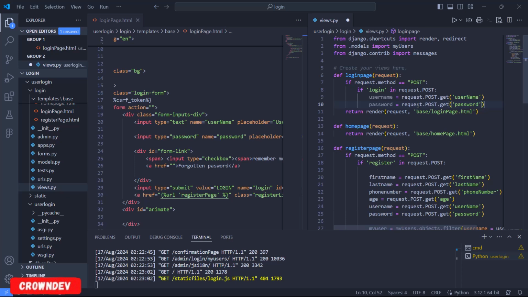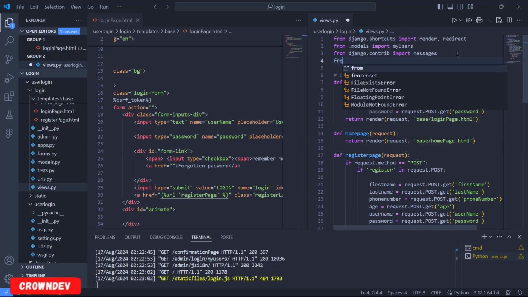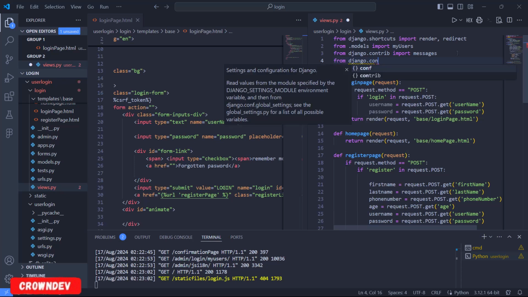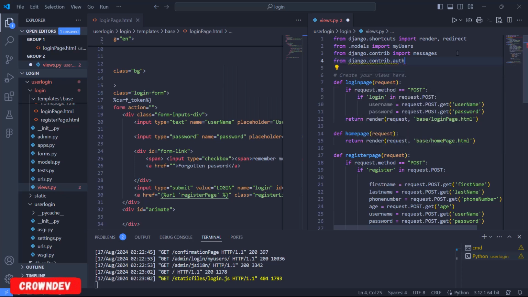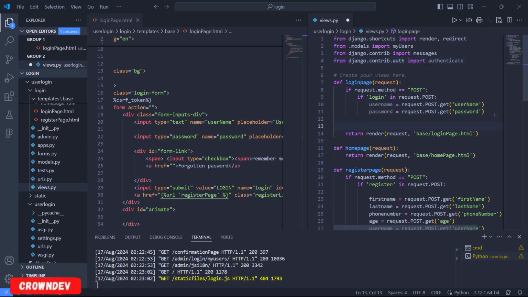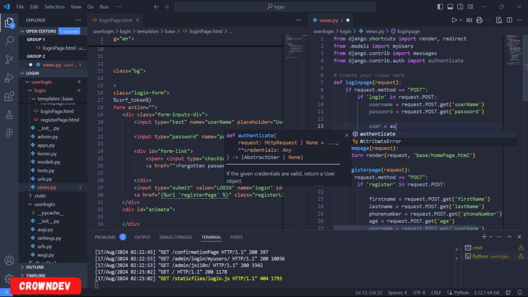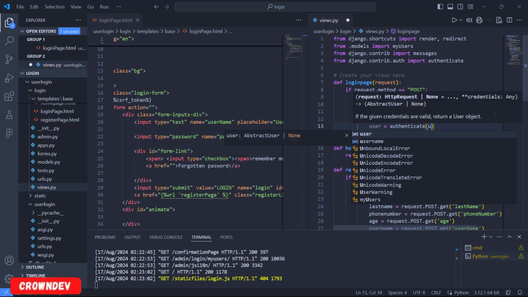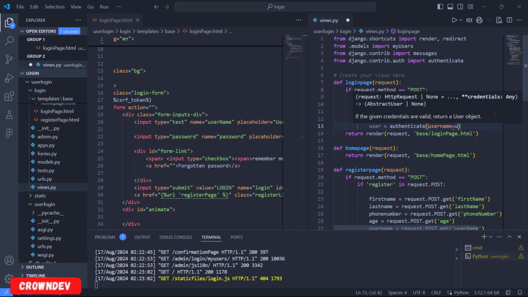In order to do that, we're going to be importing a Django inbuilt function called authenticate. So I'm going to say from django.contrib.auth import authenticate. Now the next thing is for us to perform authentication. In order to perform the authentication, you can give it any variable you like. Let me just say user is equal to, now we're going to authenticate the user with the username equal to the username